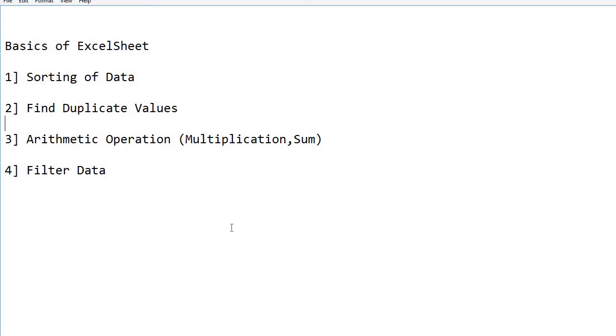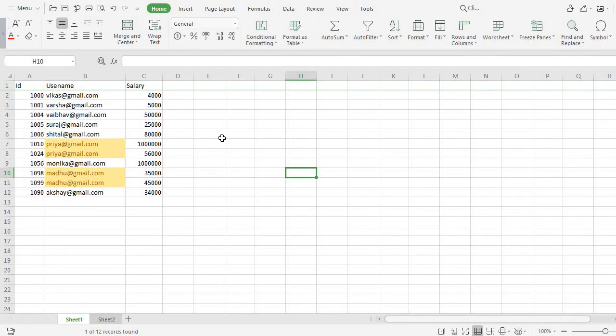Next we will see how to do arithmetical operations. So consider I'm creating a new column, result, here. Whenever you have to do any arithmetical operation or create any formula in an Excel sheet, it always starts with the equal to sign.